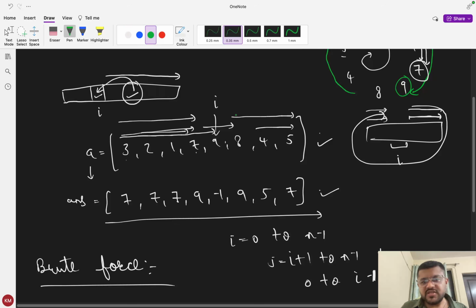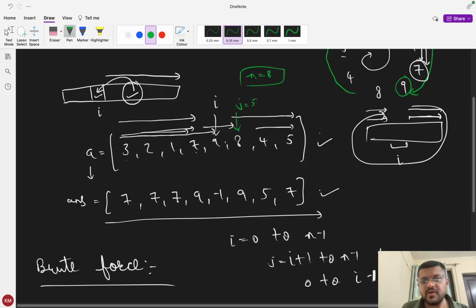So my j will start from here. Here the total number of elements is 1 2 3 4 5 6 7 8, so the number of elements is 8, and this index is 0 1 2 3 4 5. This index is 5. So j will start from i plus 1,